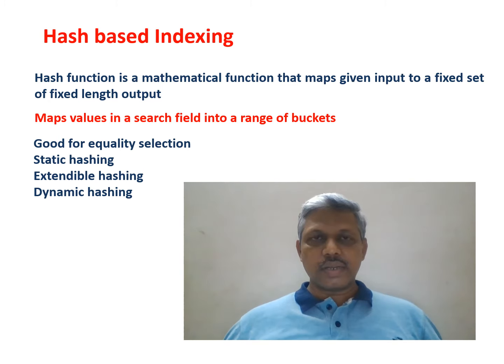So four buckets can be created, and given any string, we can compute the corresponding last two digits, identify the bucket, and give a link to the record in that bucket. This is how we can build hash based indexes. And of course there are a variety of ways in which we can deal with hash functions. There are two types: one is dynamic hashing, which includes extensible hashing and linear hashing, and the other is static hashing. We'll talk about these in detail.